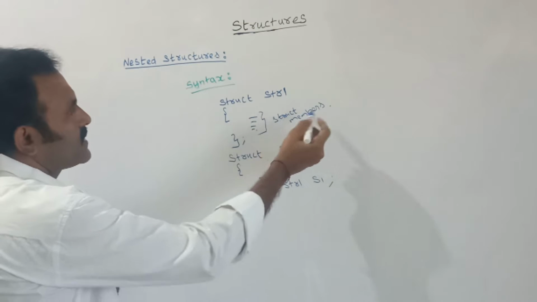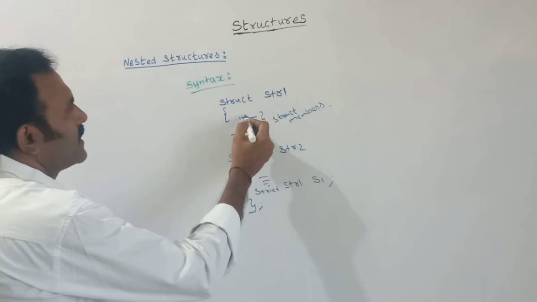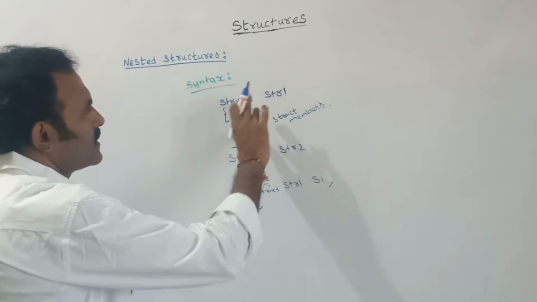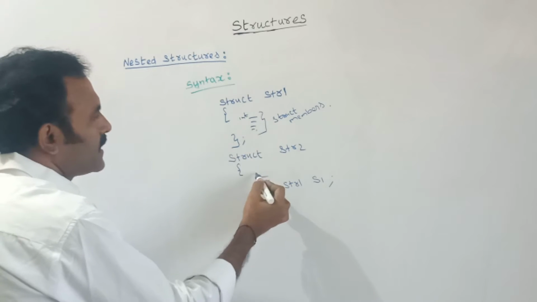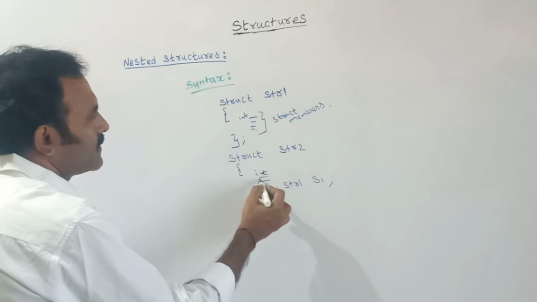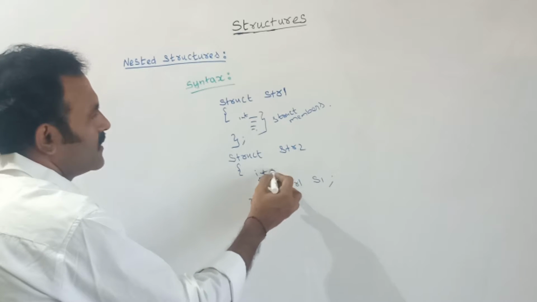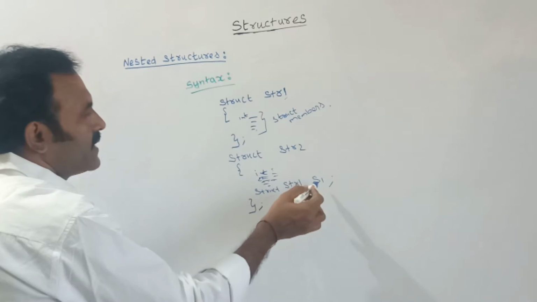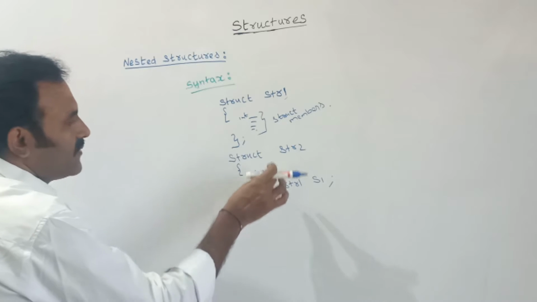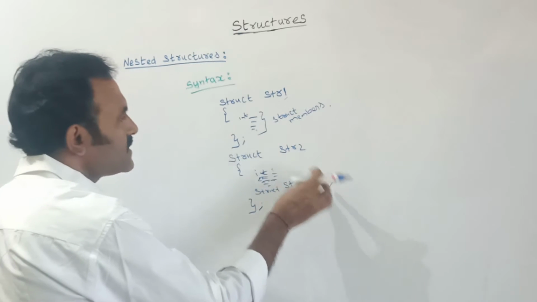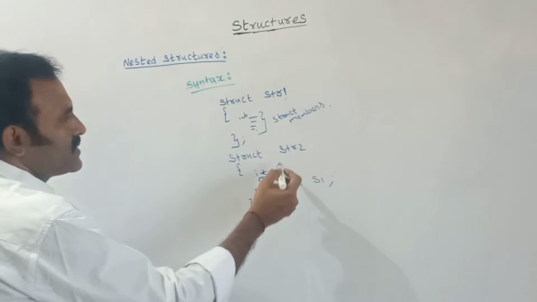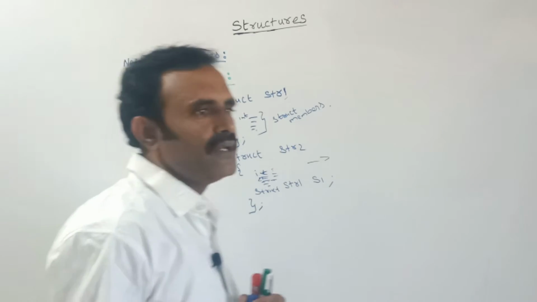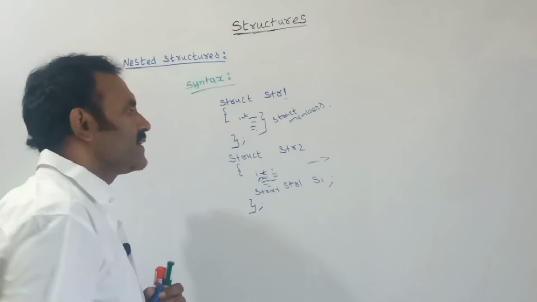Here the structure members can be of any data type, for example integer, character, and so on. In the same way we can create built-in data types, that is integer, character, float, and all built-in data types. This structure str1 is a user defined data type, so we can create the structure variable within this structure itself. If it is integer, I can give some numbers. If it is character, I can give some alphabets. If it is float, then I can give some floating values.